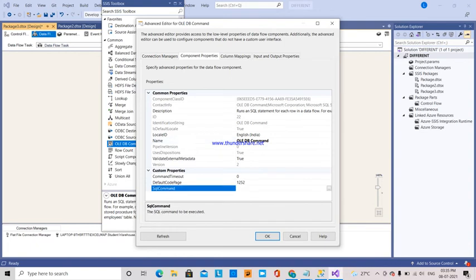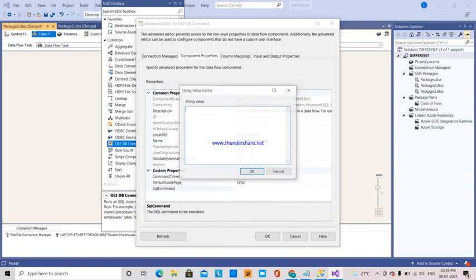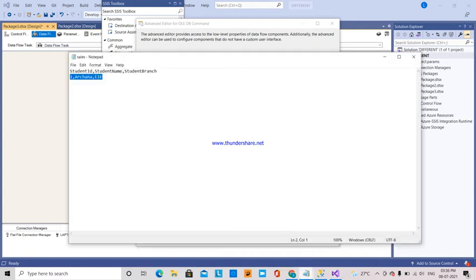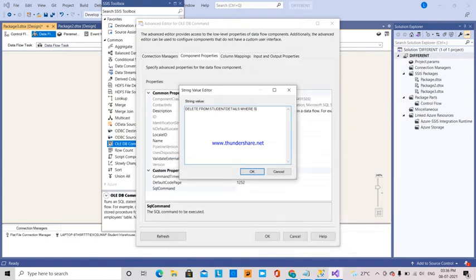The SQL command I am going to give is delete from student details where student ID equal to question mark.